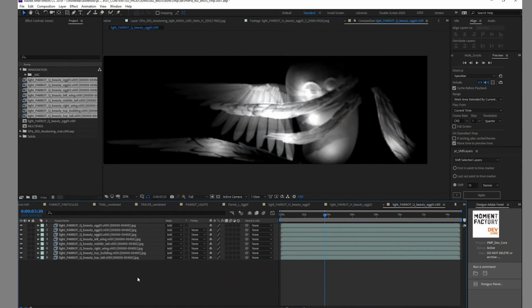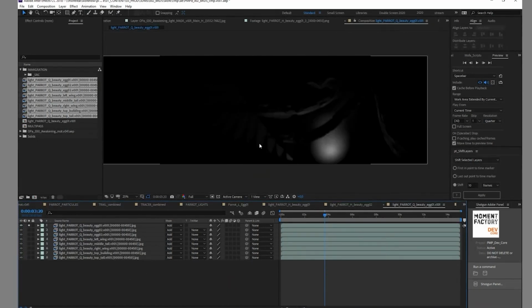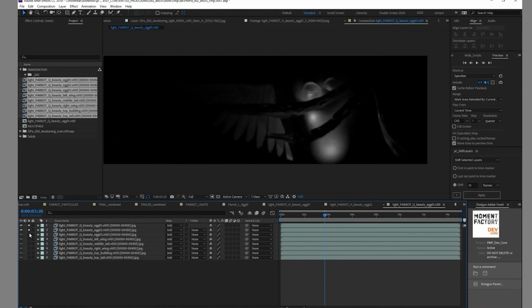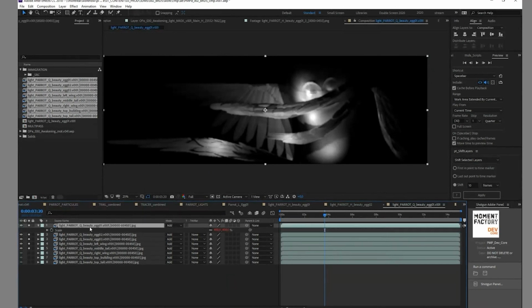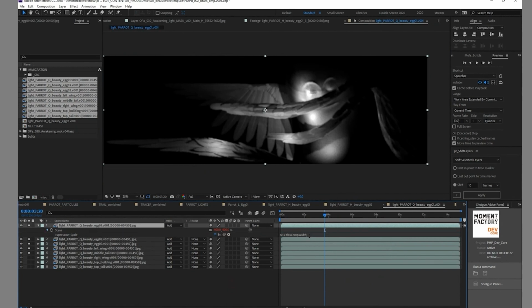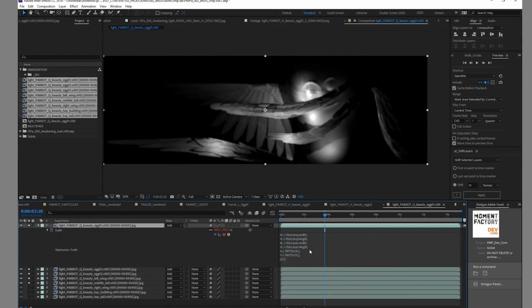If I'm going back to the idea of using integration and using the render token and the take system all together, that's a good example. Right now you have all the render passes for the light. It's just all put on top of each other in add mode in After Effects. And as you can see from my naming convention, it's a quarter res render. So if I'm looking at the scale, right now I already applied that same formula that you've seen before.